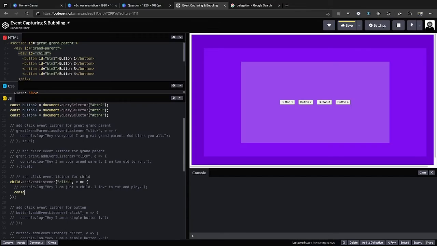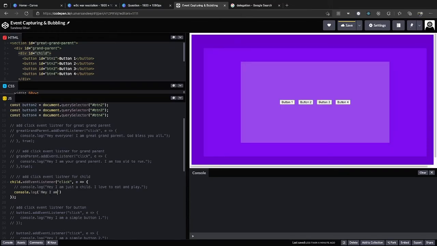So what I need to do is console.log, and then print this message: hey, I am just a simple button 1, button 2, button 3, or button 4. I can do this by using a string template or string literal.